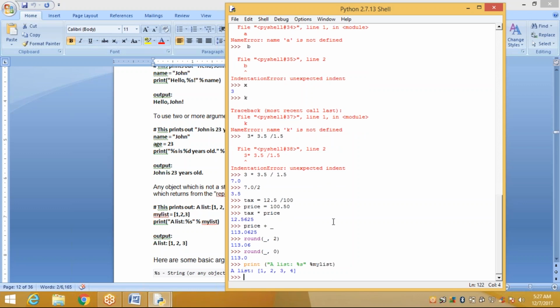See here, a list is 1 2 3. Already my list is available in our cache memory.